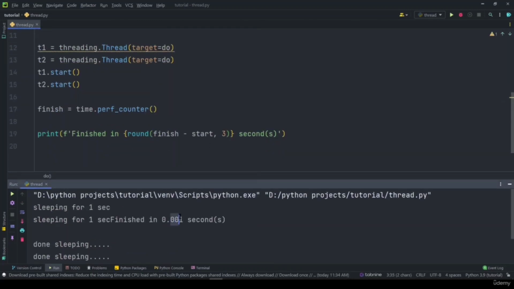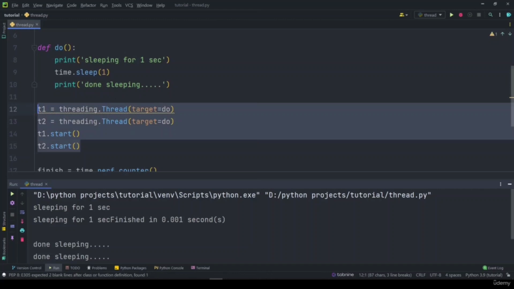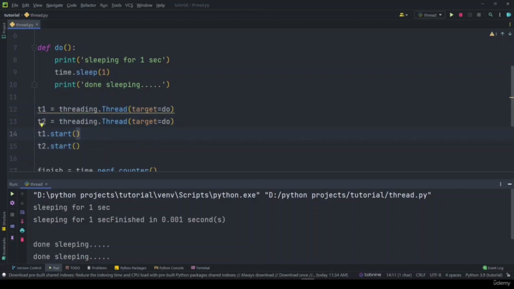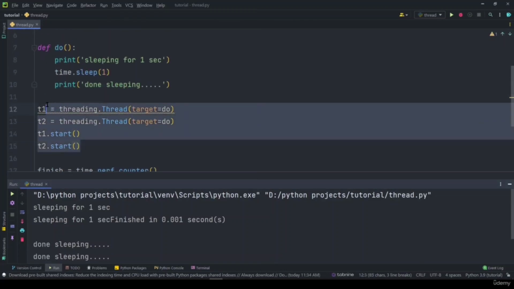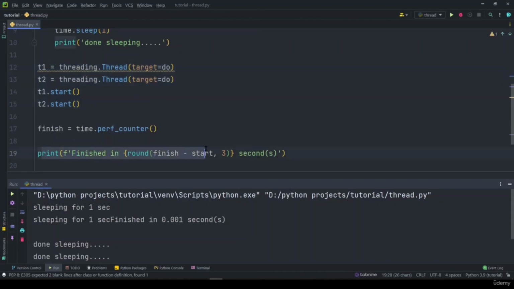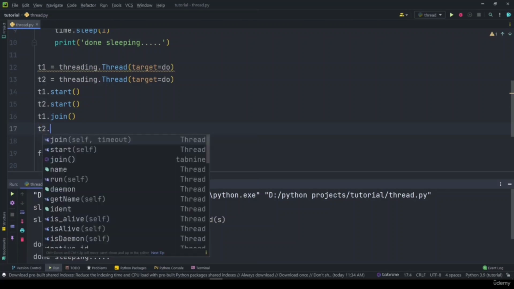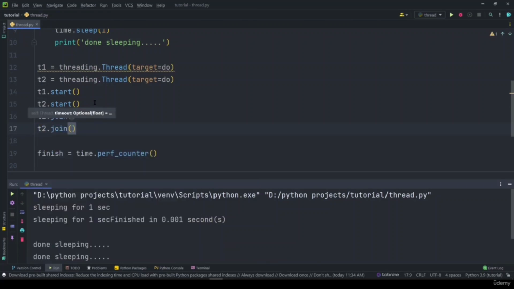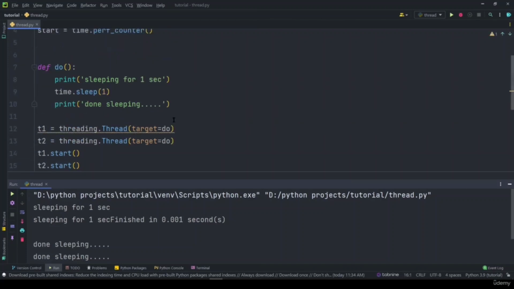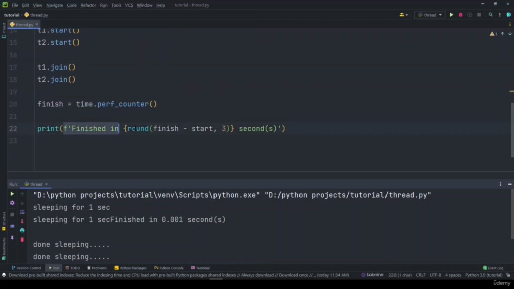So this shouldn't actually happen. This should only be printed after executing all these threads. So in order to make sure that we complete all the threads before printing this out, we can use the join method. I'll just say t1.join and then t2.join. Now this will ensure that all these threads are completed before printing out the finish time. So now if I just rerun the program,